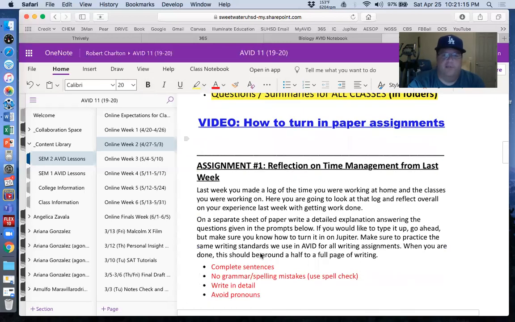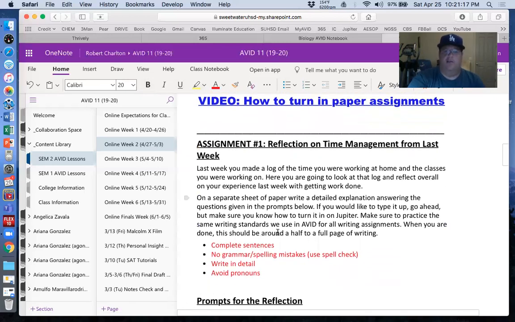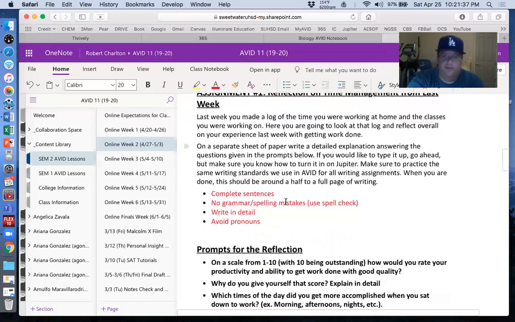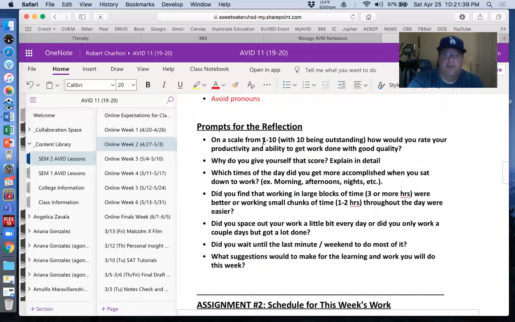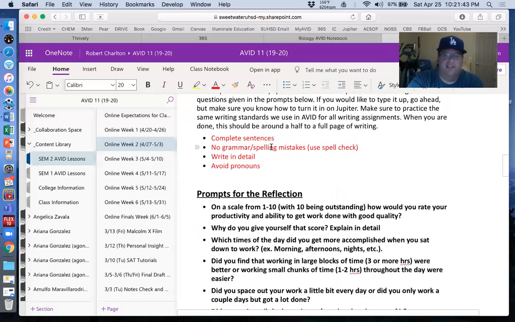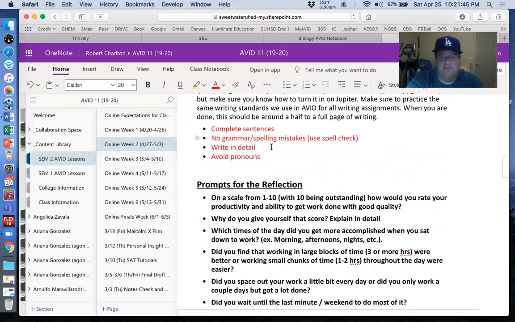All right, first assignment, reflection. So you made a log last week. You should have written down, like, I worked on biology, not biology, sorry, I'm thinking 9th grade. You worked on like a human anatomy class here. You worked on your English class here. You worked on maybe your math class here. And you just made a log of when you worked on which classes and how long you worked on them. Okay, now we're going to use that log and we're going to reflect on it. That's a very AVID thing to do, reflect on things to learn from. Here is your prompts. You're going to make a paragraph. I'm probably looking at this as being half a page, roughly.